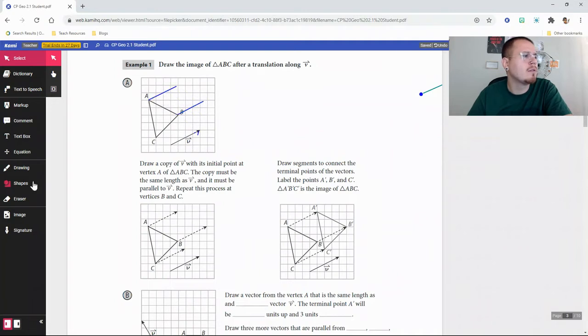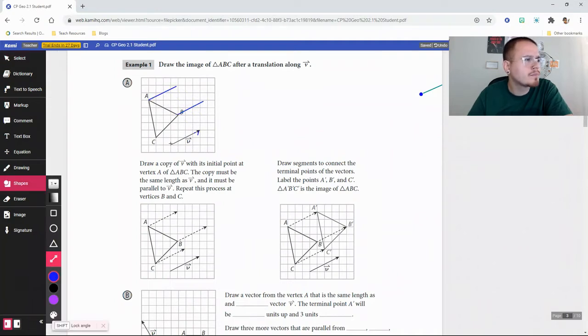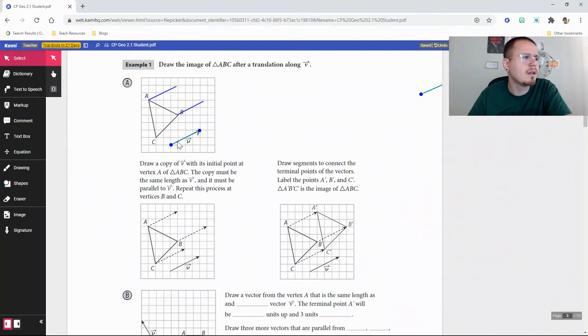So there we go. Let's draw one more. So I'm going from point A, point B, point C, because I have those points. I know those points. Those can be my reference points. And they're all going to copy the vector that we were given, the length and the magnitude. So do your best. Now what you're going to do is you're going to draw the segments to connect the